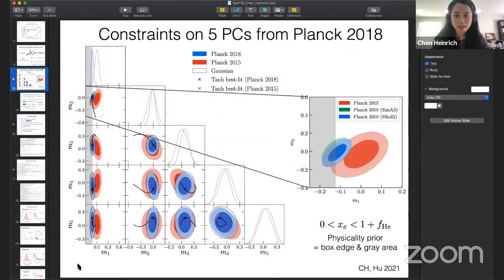And this is what they look like in a triangle plot. I plotted out the 2015 version as well, where there was actually a hint of higher redshift ionization, contributing to a bigger value of tau. But now a lot of that has gone down, and so we go from the red to the blue contours here. And just blowing it up, because M1 and M2 are the best constrained plane, it shows you a bit of the evolution from 2015 to 2018.